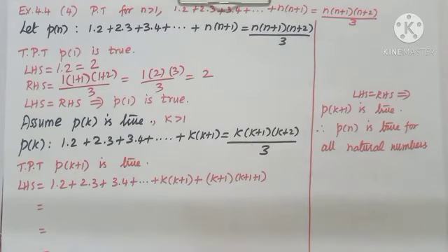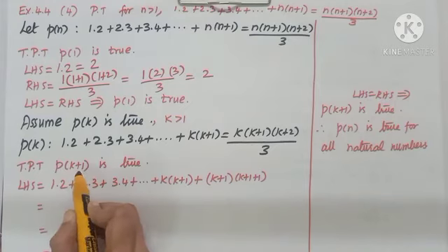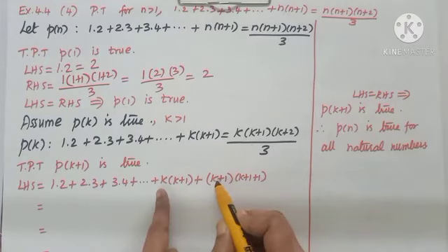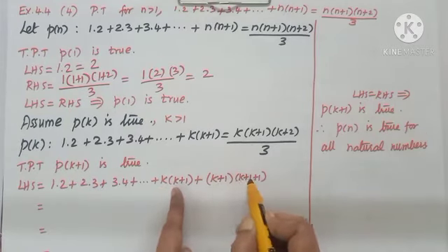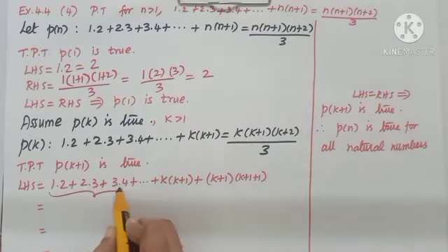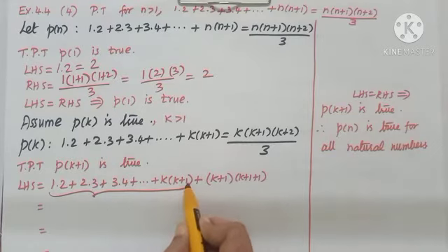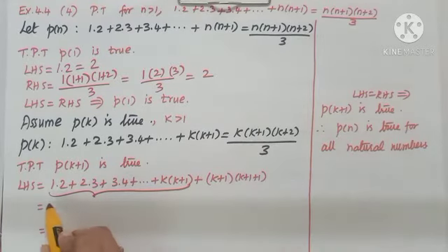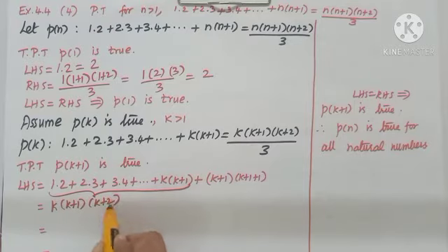How to write it? Copy the k statement as it is. Then write the next term, because now we want k plus 1. Wherever k is coming, put k plus 1. k will become k plus 1 plus 1. Now 1 into 2 up to k into k plus 1. From this step, we can write k into k plus 1, k plus 2, the whole thing by 3, plus